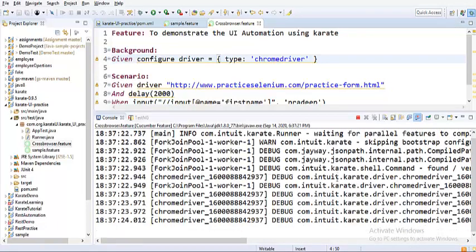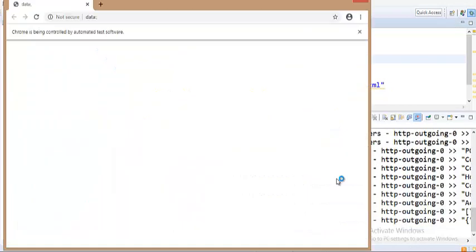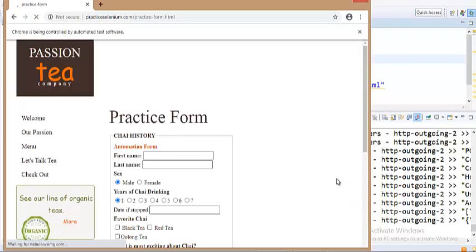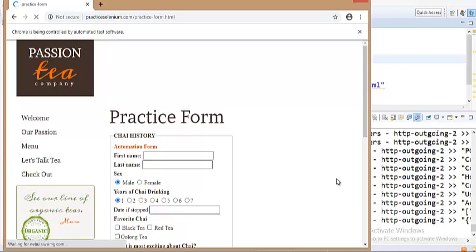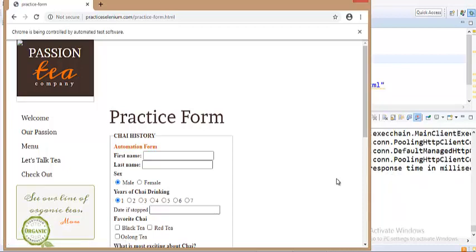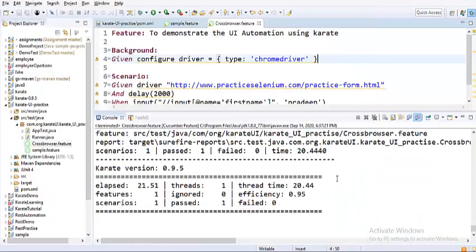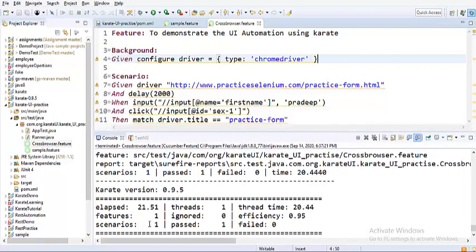This time you see Chrome will be launched the way it usually launches when you are working with your Selenium scripts. Once the page loads properly, you should see it entering the keys, and then it will also check the radio button. You see, both the things were done.